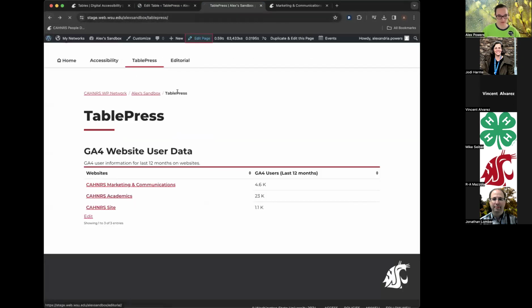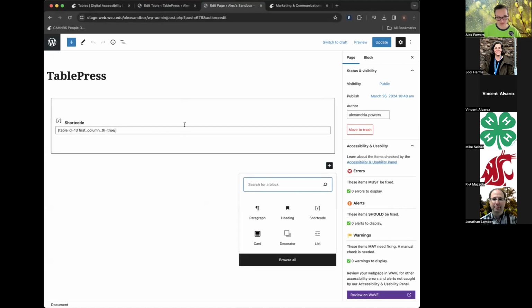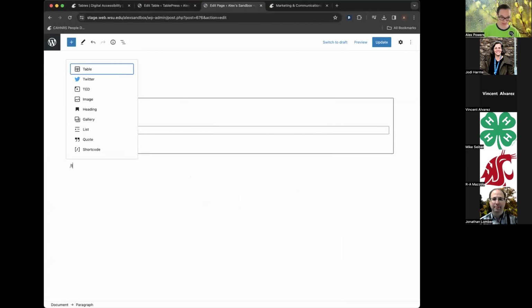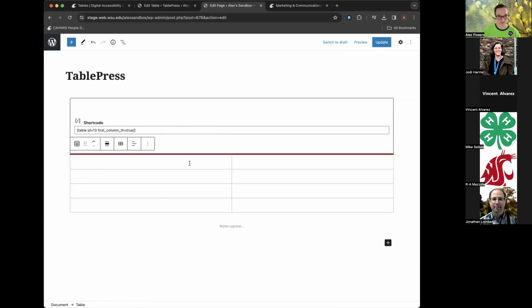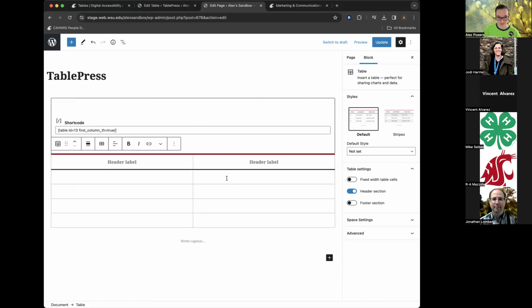I'm going to come in here. Another table option is you can select this plus button or come up here and select this plus button or just type in here table. Great table. Here's where I do prefer TablePress. You can only have a header section and you do need to select that. It's also really hard to delete these cells if you need to erase them or add them. I did create 4x2, but I actually needed